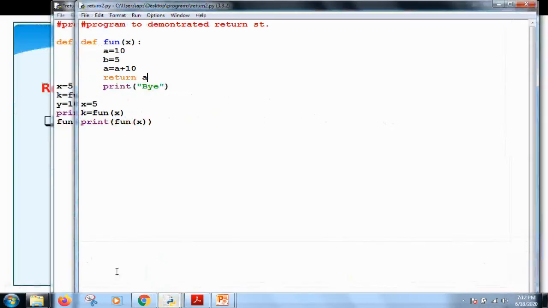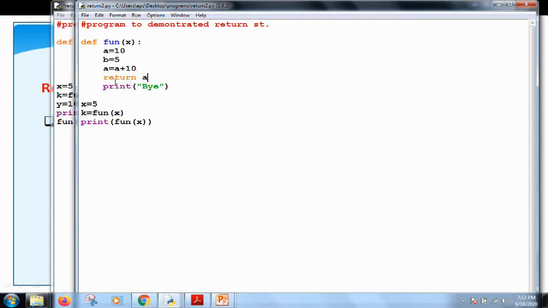Next, in this program you can see that the function is performing some task. As soon as the function encounters a return statement, the control will return back. So any statement written after the return statement will not be executed.